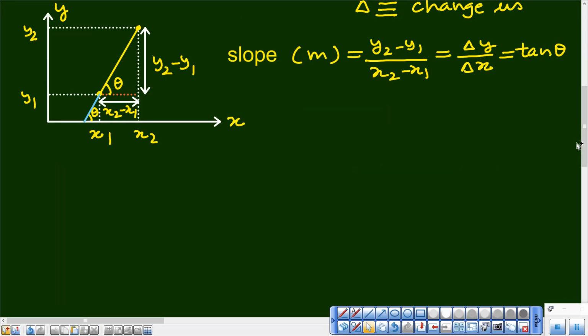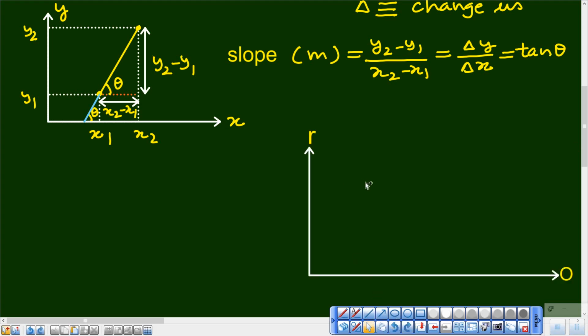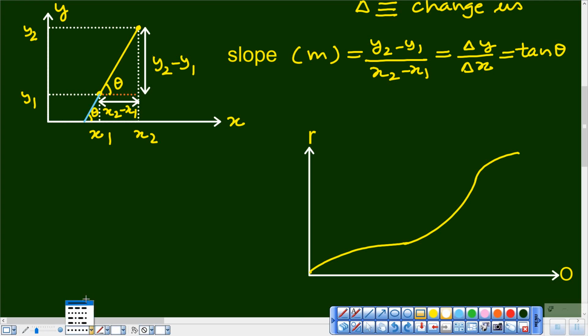Let us apply the concept of slope to an example. Let's say in a cricket match, you have the runs versus overs graph for your team, and this looks like this. A wicket fell when the over was O1, which could be the 12th over, and the number of runs at that time was R1 equal to 57.